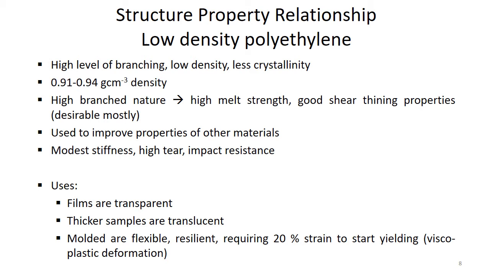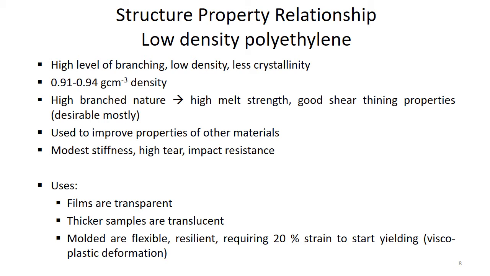And when we talk about these low density polyethylene blends, what are their properties and uses? The films made from low density polyethylenes are highly transparent because their spherulites are generally significantly smaller than the wavelength of light. They are very, very small spherulites. Thicker samples are translucent, but text can be read through almost 3 mm thick tape when it is placed in contact with the printed page.